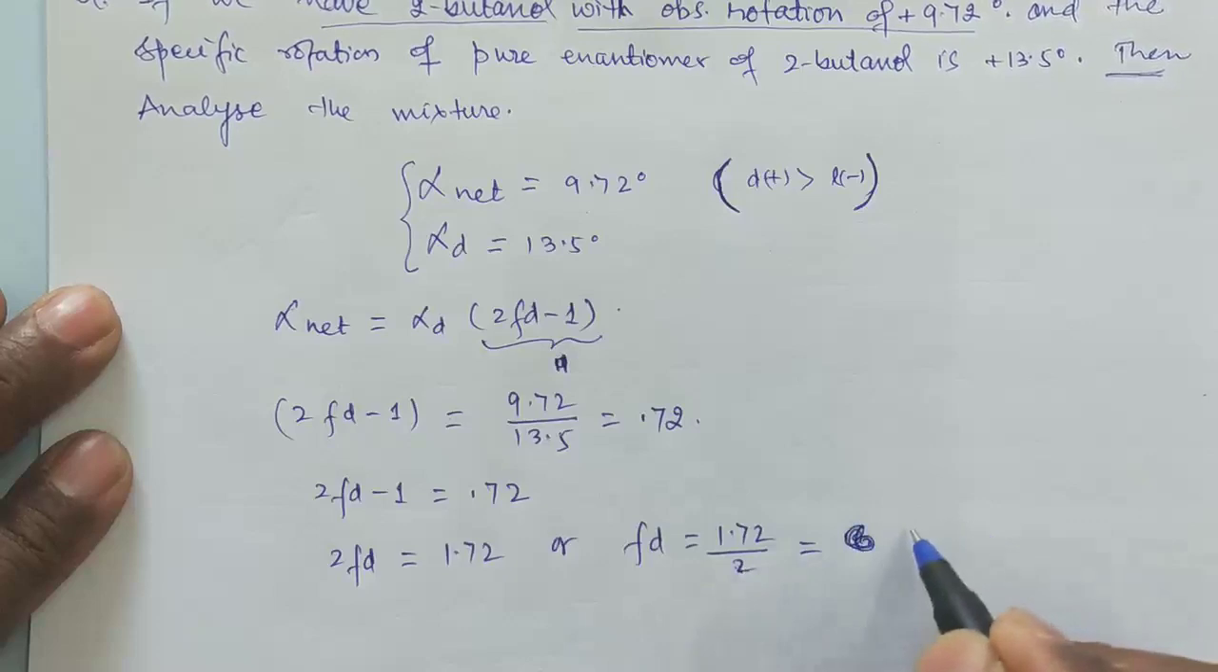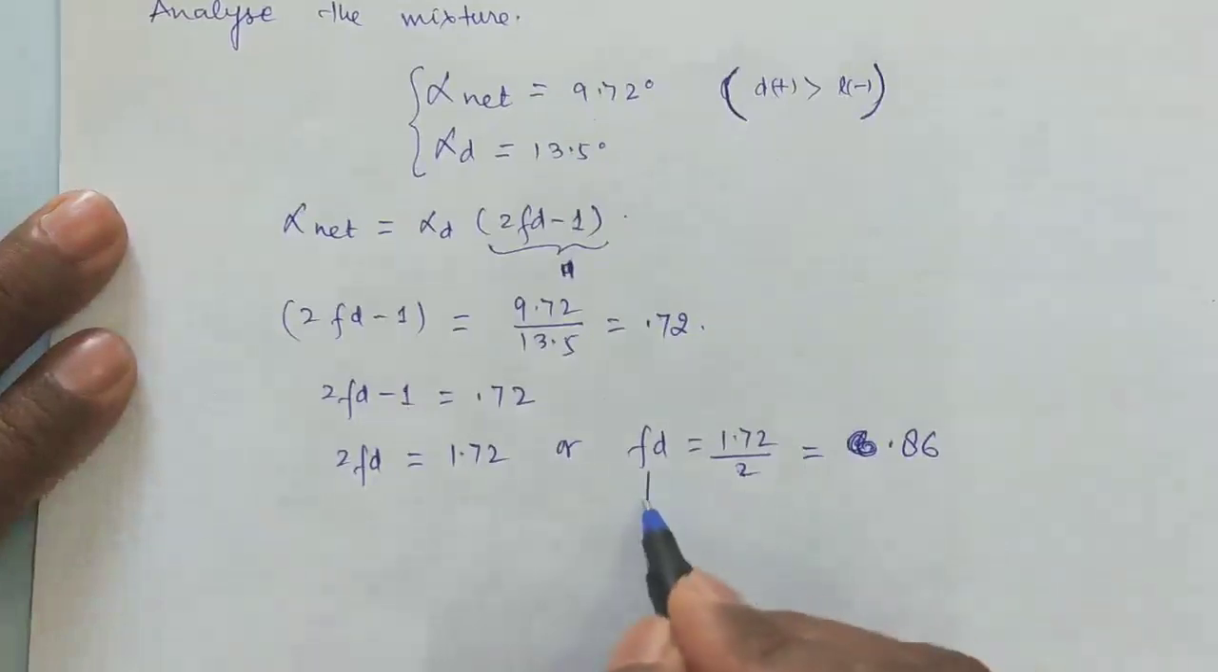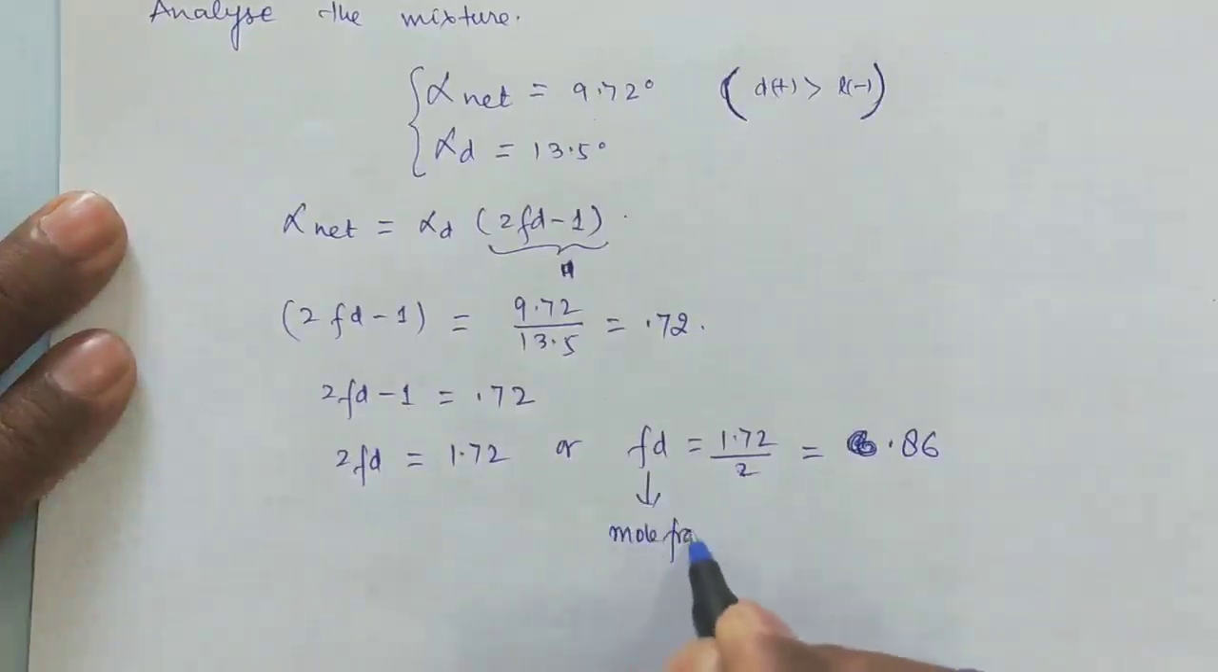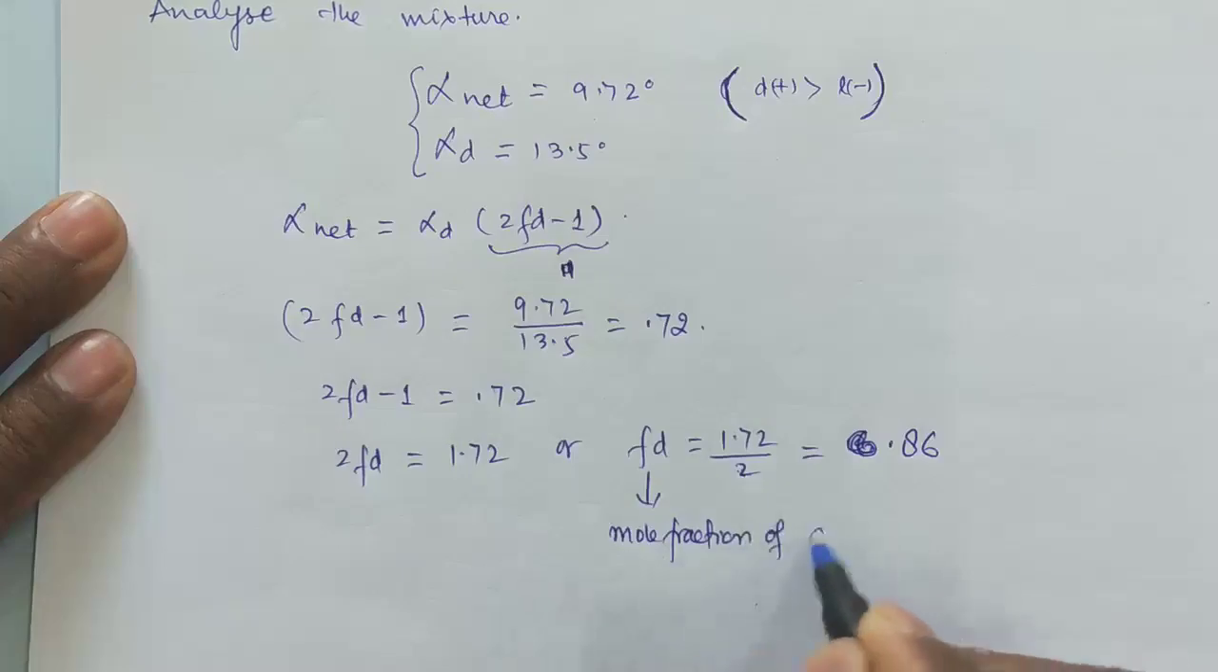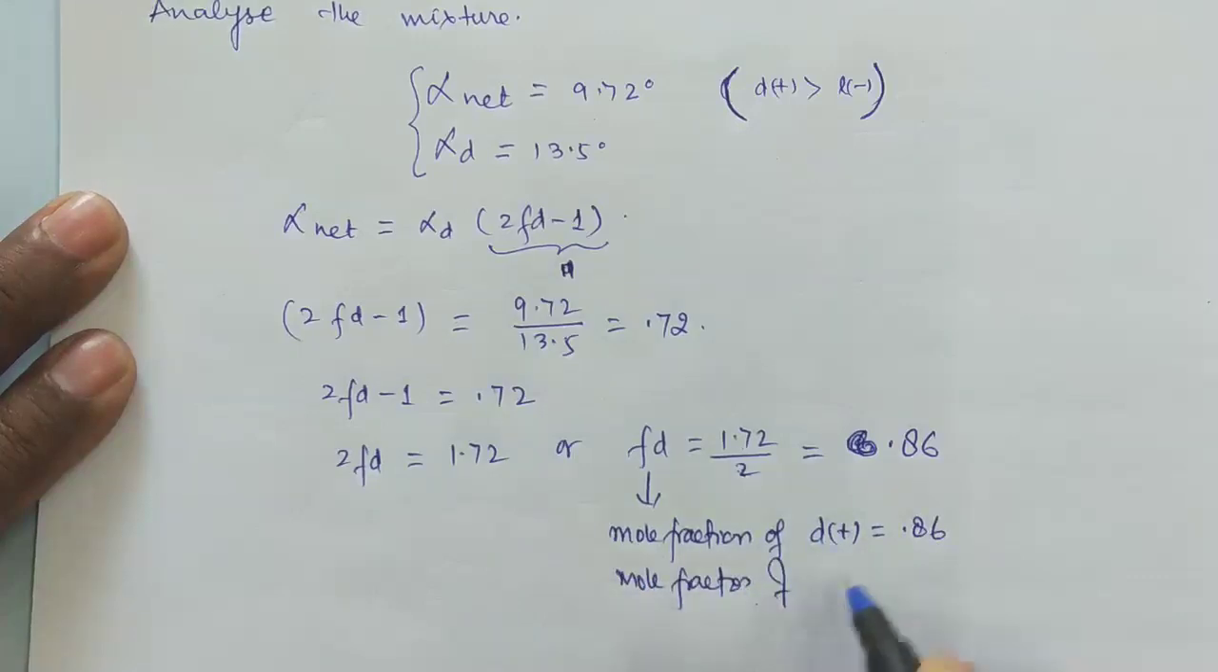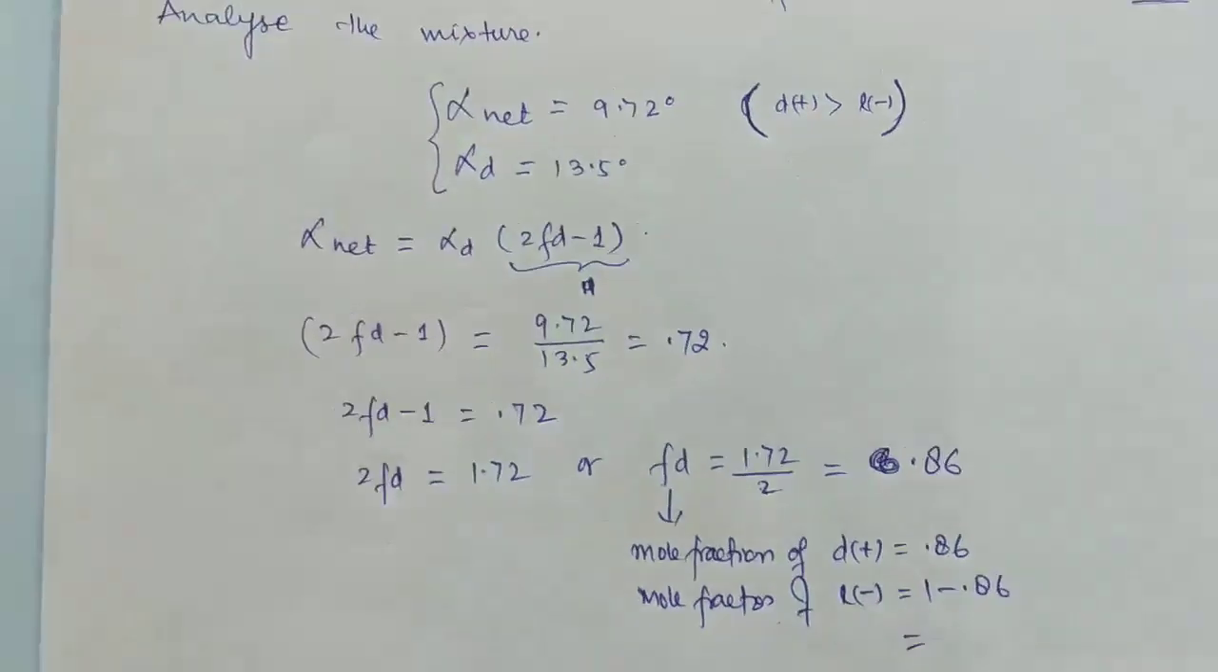0.7 or 0.8, 0.86. So FD is 0.6, means mole fraction of D plus is 0.86. So the mole fraction of L minus is 1 minus 0.86. So 1 minus 0.86, this becomes equal to